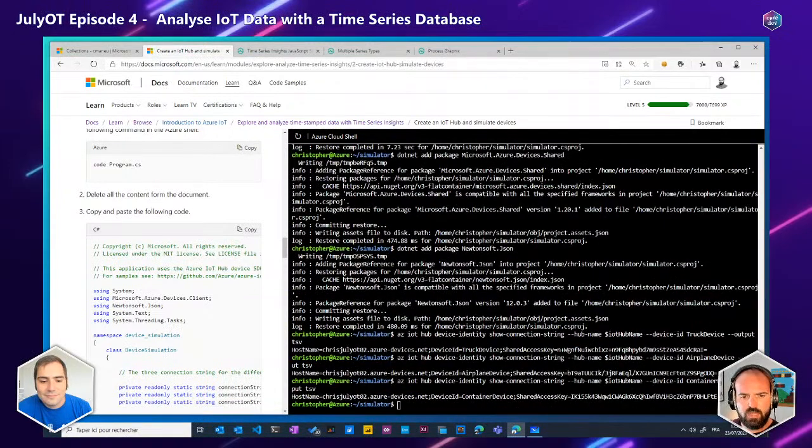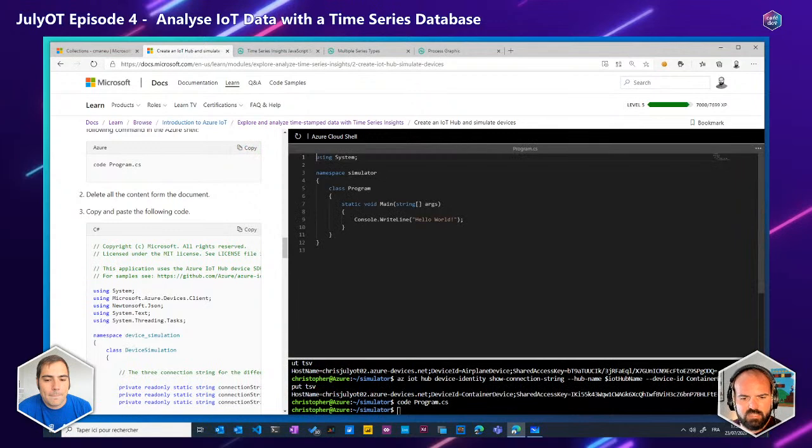So yeah, I've created my project. It's empty for now, and I've also rerun the command to show the device identity. So this is actually a very secret thing. I should not be showing you live, but fortunately it's from a sandbox, and I will destroy these things. But actually, if somebody has access to this specific line of code, they can send data on behalf of your device. So if you're not using a service like DPS, like you mentioned, Paul, be very, very cautious about who has access to these shared access keys. So I will go ahead and update my